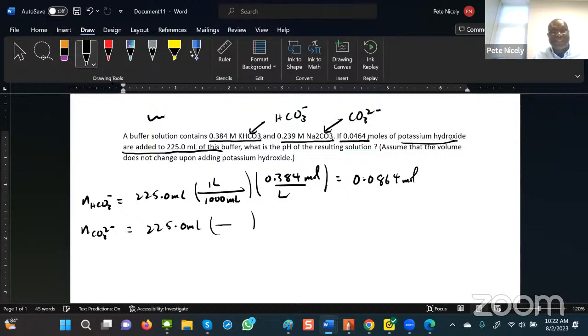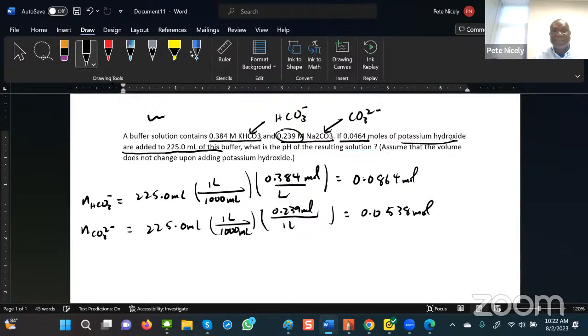Convert to liters, like I did above. But I'm going to multiply by the different molarity, which is 0.239. So I'm going to put 0.239 moles over 1 liter. And then I'm going to do the number crunching for that one, 225 times 10 to the minus 3 times 0.239. And according to my calculation, this works out to be equal to 0.0538